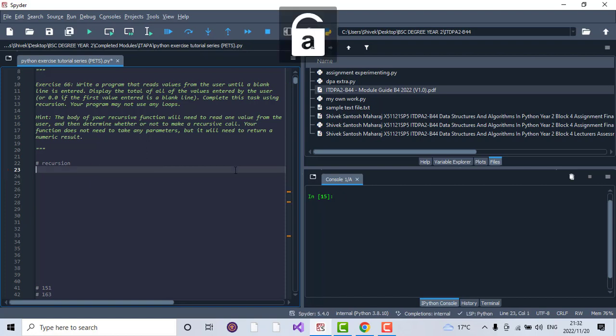That's literally the whole point as to why I'm including just one exercise on recursion in our Python exercise tutorial series: I need you guys to be aware and familiar that this kind of logic, concept and topic exists, and that it is possible to structure our logic in such a way. To give you a bit of insight,